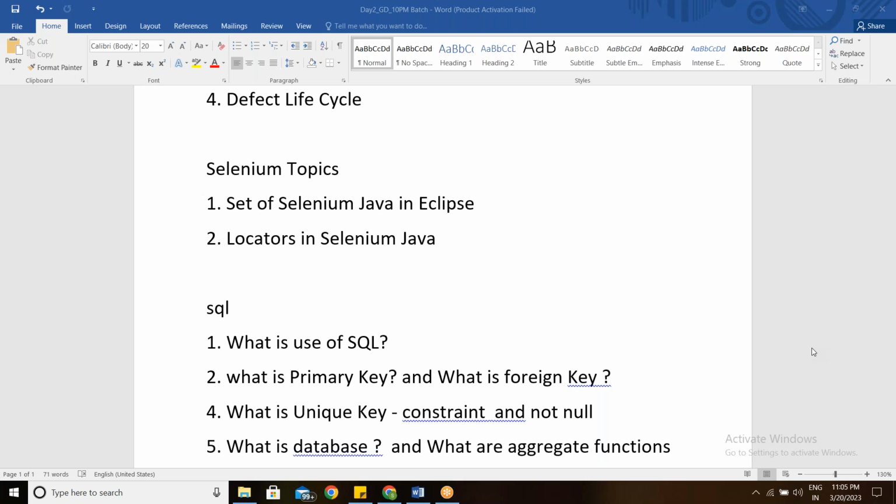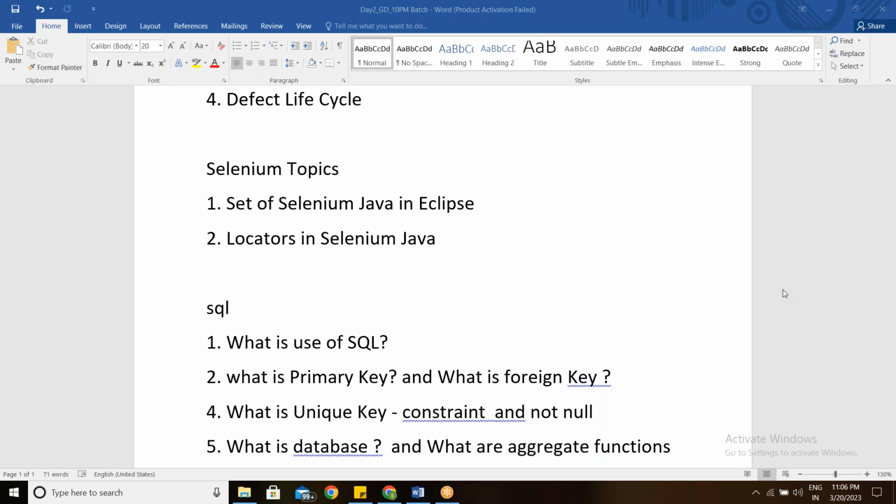Excuse me, can you take just 2 minutes to tell me what is the content of this course? Okay. So you are new to this? Yes, I got this link in the email. I'm looking for the QA training. So I'm just curious to understand if this is the QA training and what all topics will be covered. Okay. So we are going to cover core Java, manual testing, automation testing that is Selenium,